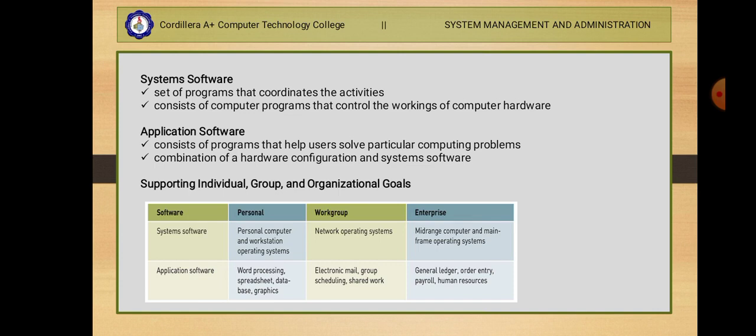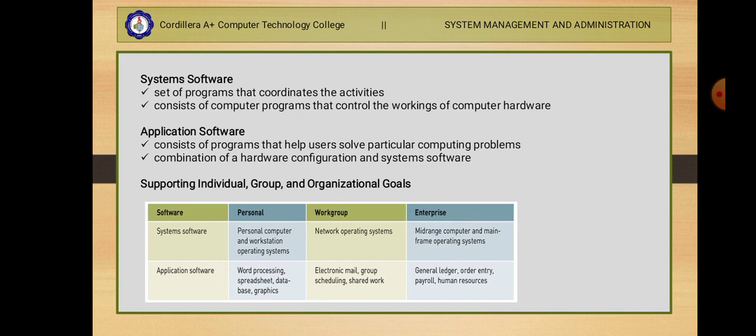So dapat alam mo or ma-identify mo kung ano yung scope ng problem na yun. Di ba meron din sa thesis ninyo, scope and limitation, tama ba? Yun. So which is nagaling dun sa problem mo, yung statement of the problem mo. Okay? And of course, yung mga opportunities that an organization addresses. So itong scope na ito, ang tawag dito is sphere of influence. So for most companies, yung sphere of influence are personal, work group, and enterprise.